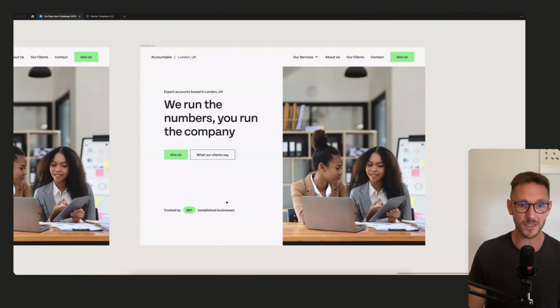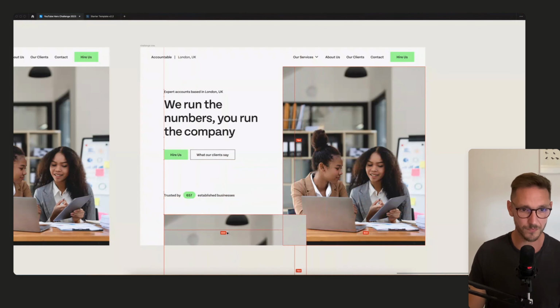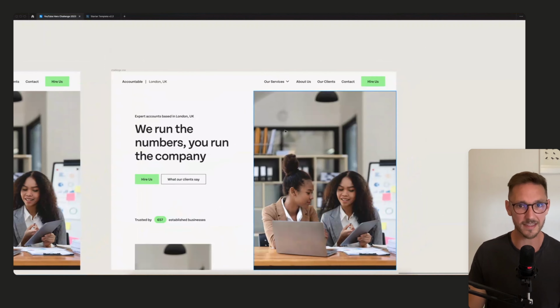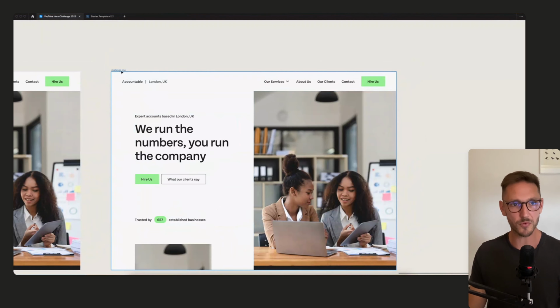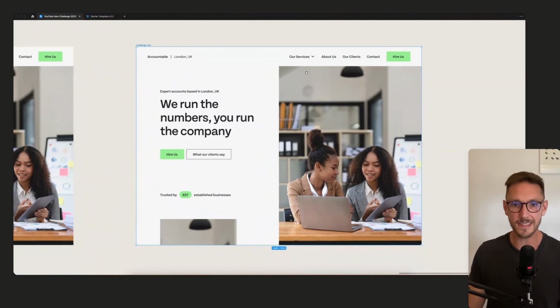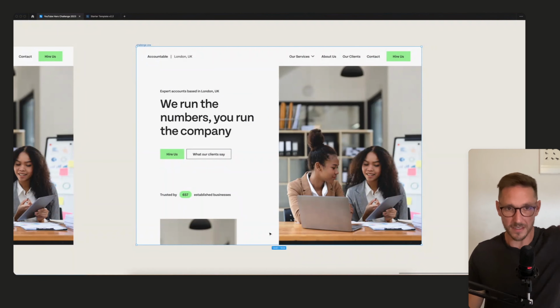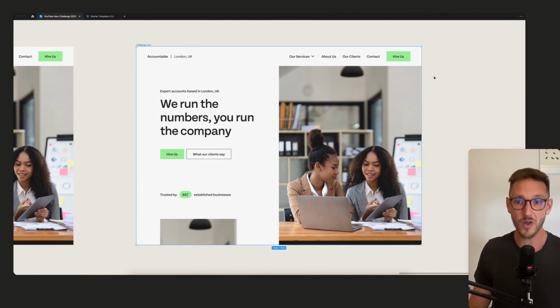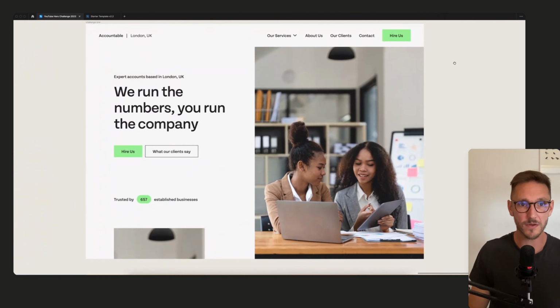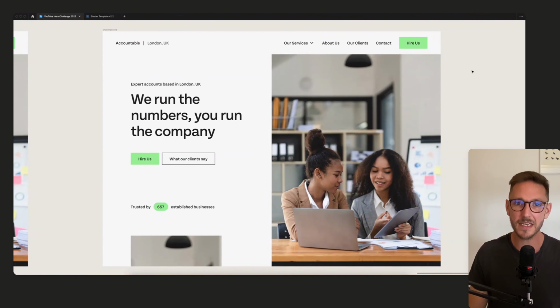Maybe what we could do is we could have something else peeking out the bottom. So maybe we have another image. Maybe we have a smaller image over here, and it's something that kind of suggests, hey, there's something down here. So, you know, keep exploring the website. You don't need to put a big arrow that says scroll down, because people know how to use websites. It's 2023. That's another pet peeve of mine.